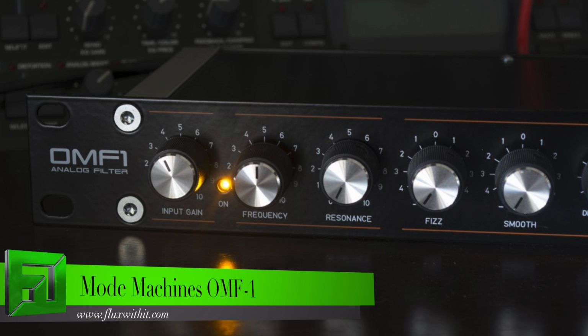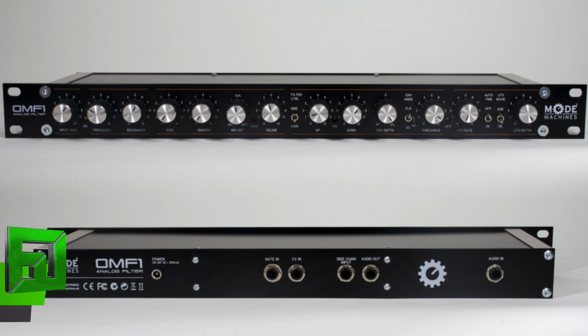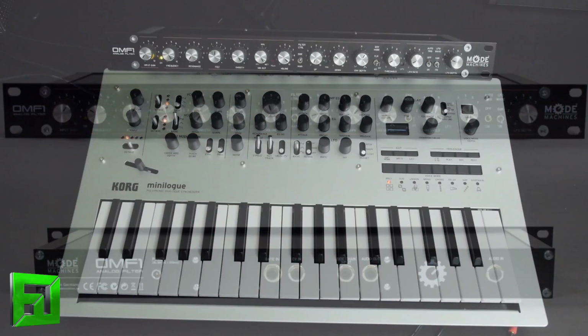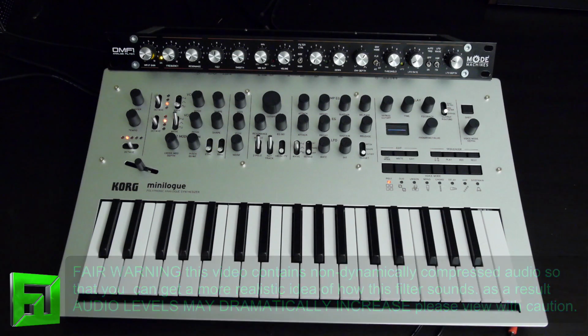Today we're going to check out the OMF-1 analog filter from Mode Machines. Something interesting about this filter is, when you first look at it, you think, okay, this is just a simple rack filter, there's not going to be a lot to it. But it's actually pretty deceptive, because although it's essentially an analog 4-pole ladder filter design a la the 1960s Moog filter,